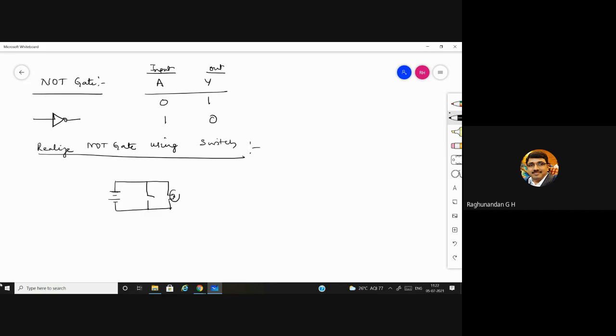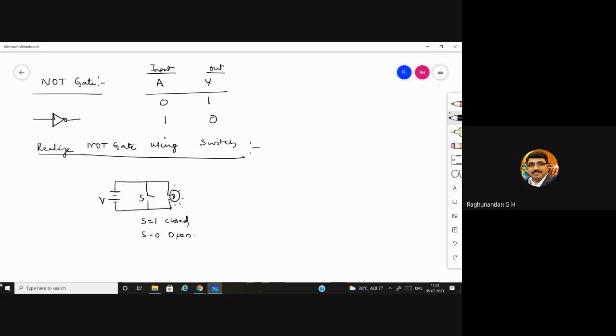This is the bulb we are going to have, and this is the switch. When the switch is closed, we consider it as S is equal to 1. When the switch is open, we consider S is equal to 0. So this is the voltage we are giving from the battery, and the current is going to flow like this, and the bulb is going to glow.